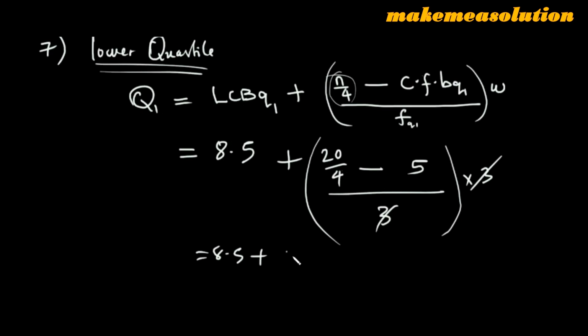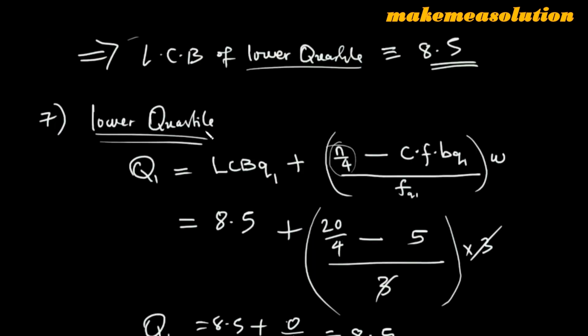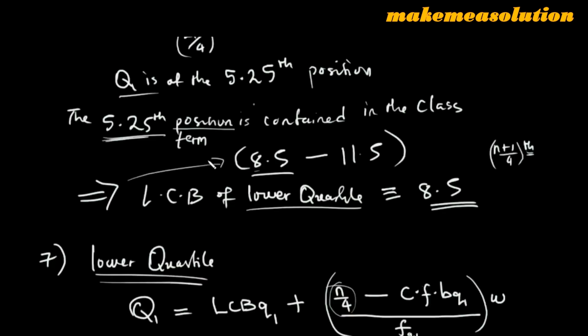5 minus 5 is 0. So 0 over 1. So this just means that our Q1 is 8.5 plus 0, which is 8.5. So the exact value of the first quartile, or the lower quartile, is 8.5. Okay, so we couldn't have gotten this value had we never known the class of the lower quartile. So first things first, before you use this formula, identify the class where your lower quartile belongs,